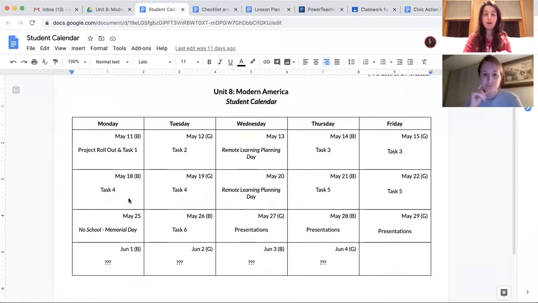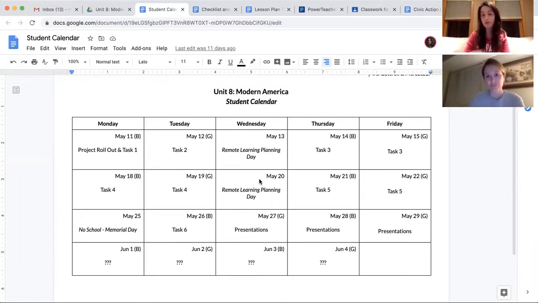You will be tackling task 4, which is really where you're starting to marry a lot of the things that you've been doing. Looking at your student calendar, task 4 is these first 2 days. We're actually going to have task 4 due at the end of the day on May 19th, at 11:59, to give Mrs. Cottrell and myself some time to look at your documents and leave some comments,